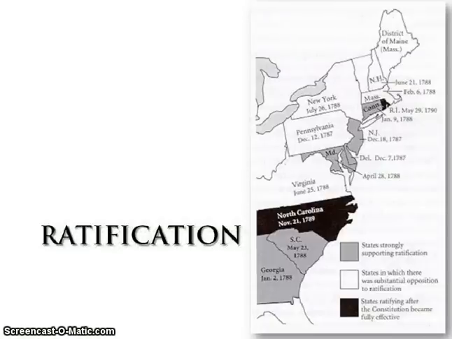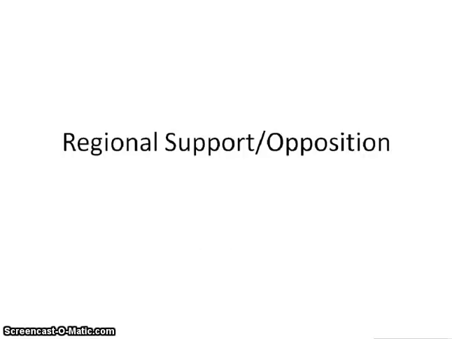So if you look up here, there are some states like South Carolina and Georgia, Maryland, New Jersey, Delaware who are going, all right, let's get this thing passed. But there's places like Virginia, Pennsylvania, New York, especially Massachusetts, where this rebellion began in the first place. They're scared of giving the central power too much leeway, too much power. Obviously, as we just looked at, the North and middle colonies were a little skittish about this. The South were saying, all right, let's do this. But the Federalists will end up winning today because we do have the Constitution.